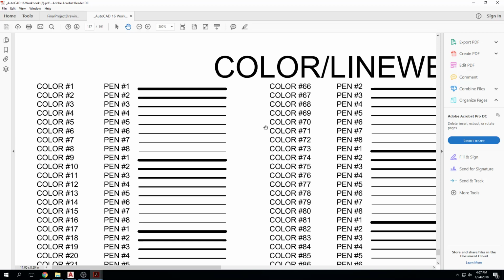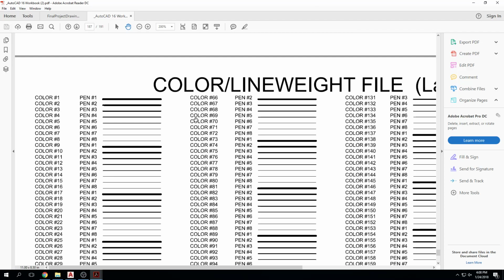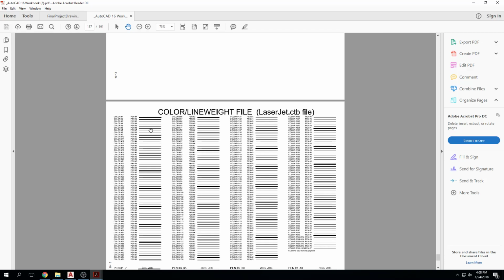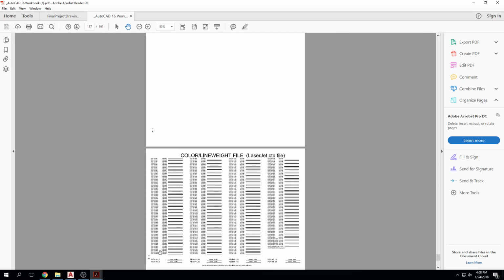They'll give it to you, you'll print it out, you'll put it by your desk, and you'll just kind of look at it to determine what pen weights you want until you get familiar with them, right? But essentially, these are going to be our pen weights. Now, one thing that you're going to need to know down here at the bottom of this line weight chart,